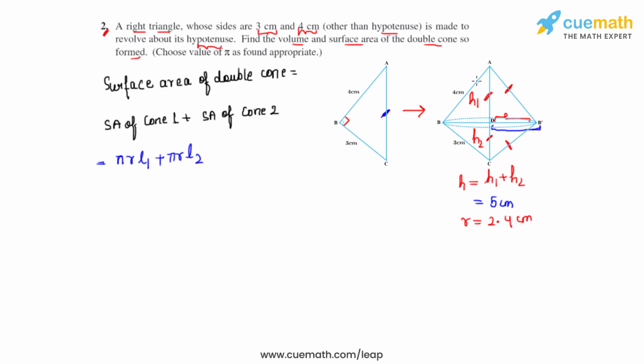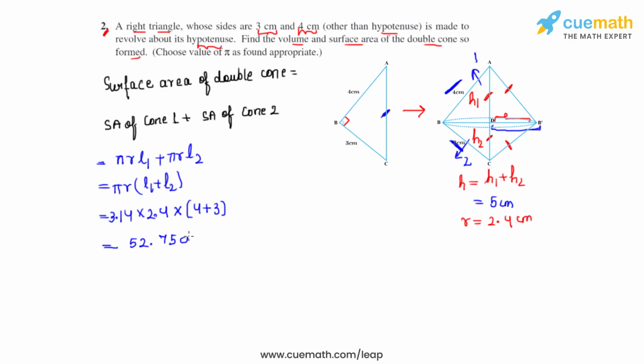So this is cone 1, this is cone 2. So as we can see, this part forms the slant height of cone 1 and this part forms the slant height of cone 2. That is 4 centimeters and 3 centimeters respectively. So taking pi r common, we are left with L1 plus L2. So let's substitute that as 3.14 times 2.4 times L1 plus L2, which will be 4 plus 3, and that will be 7 on addition. So 3.14 times 2.4 times 7 will give us the answer as